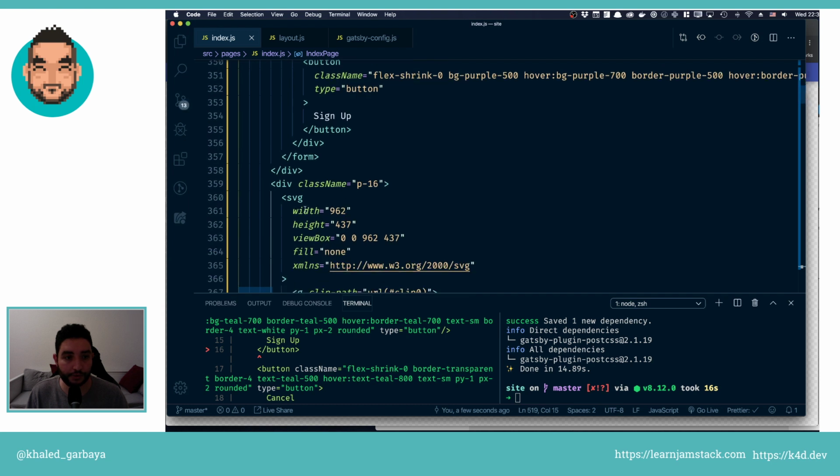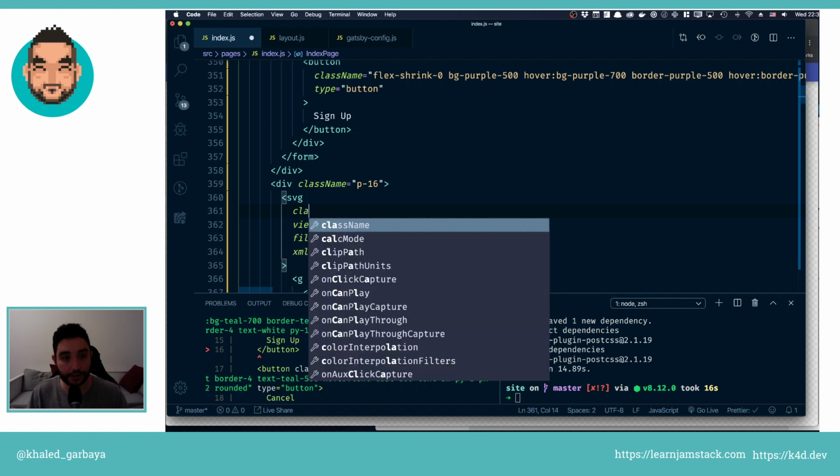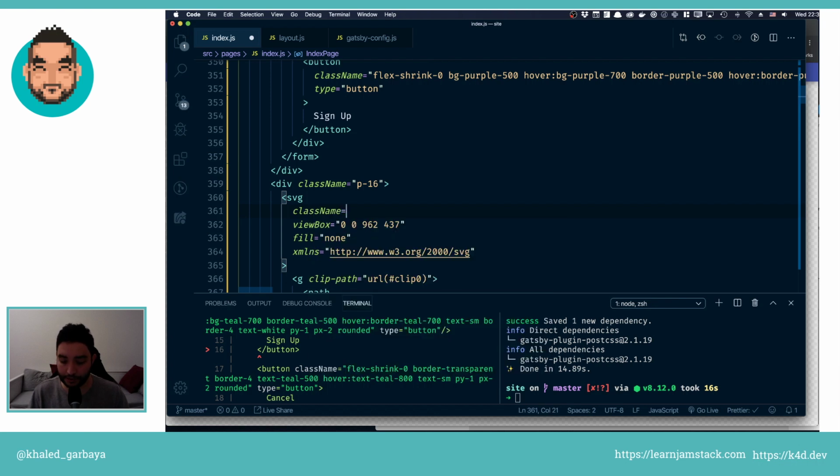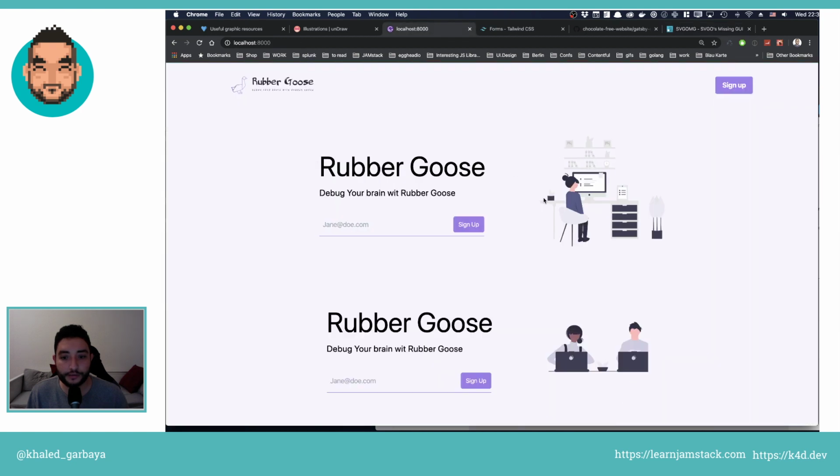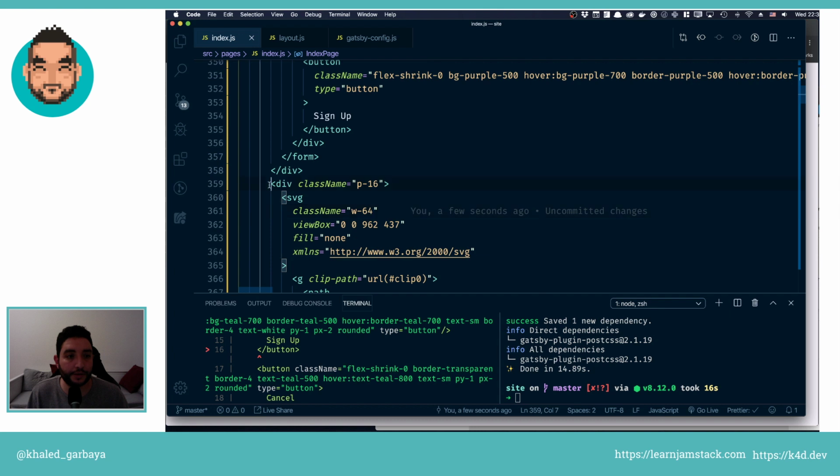and probably we will need to remove the width and height, and then give it a class name. I don't remember which width we gave it to the other one, but I think it's like width 64. And here, yeah, here it's nice, it's scaled. So let's put this here and this one here. This is just a matter of